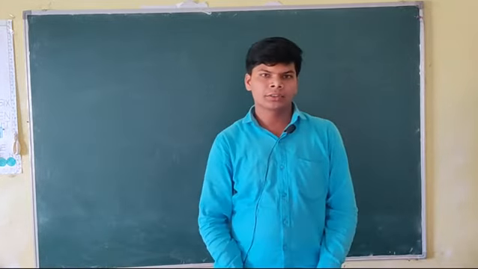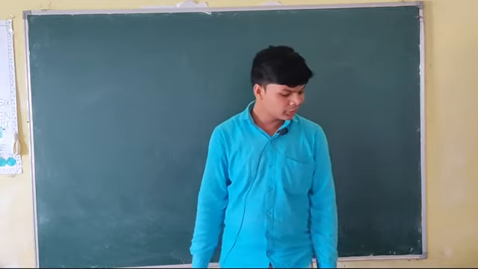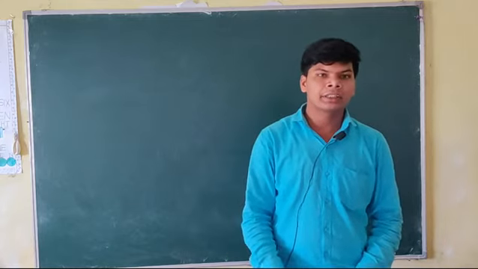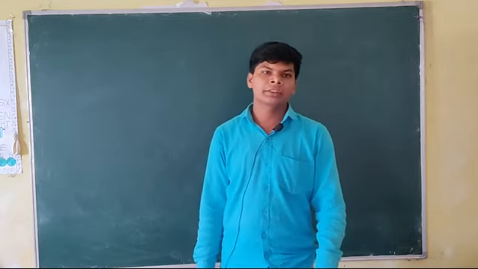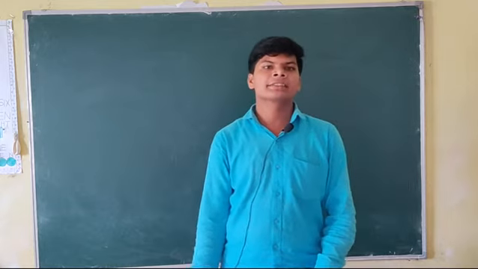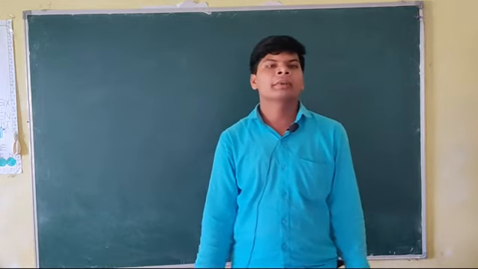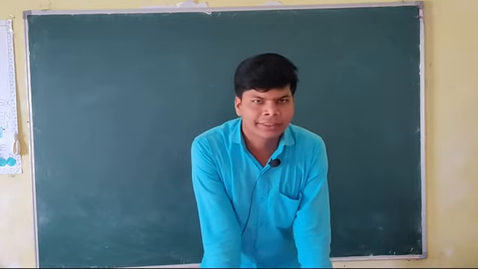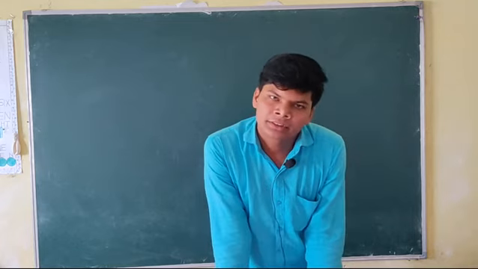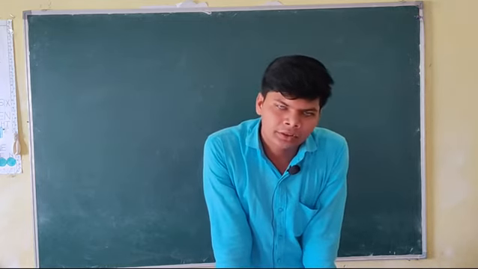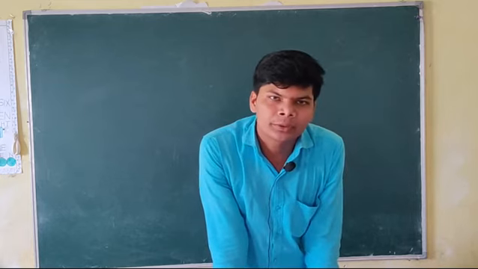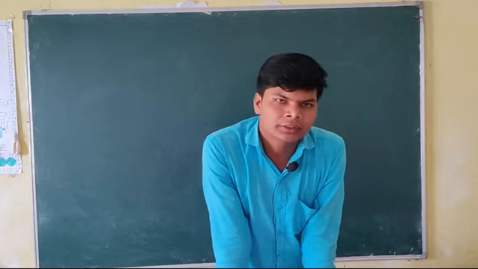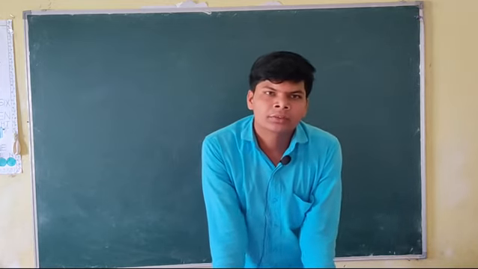Welcome to our next lecture about trigonometric ratios of 90 plus theta in terms of theta. We derived some formulas in your last class: sine of minus theta is minus sine theta, cos of minus theta is cos theta, tan of minus theta is minus tan theta, cot of minus theta is equal to minus cot theta, sec of minus theta equal to sec theta, and one more, cosec of minus theta is minus cosec theta.